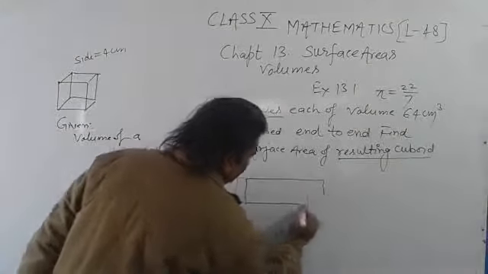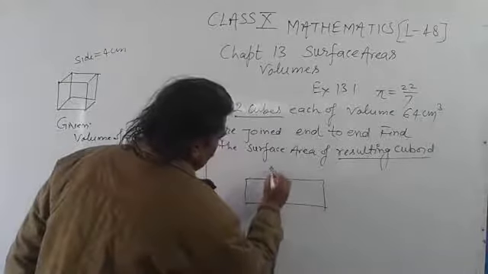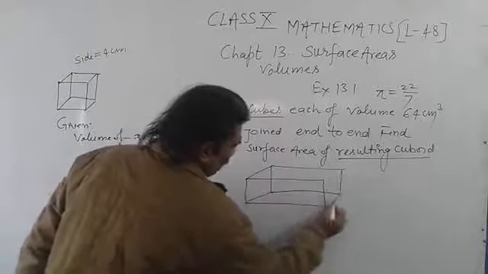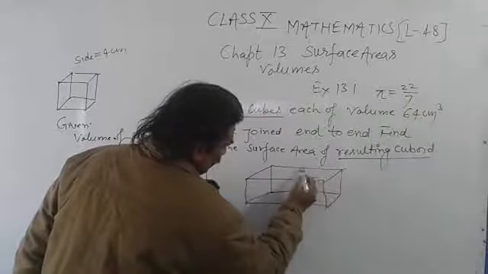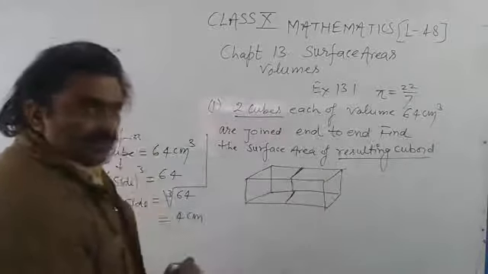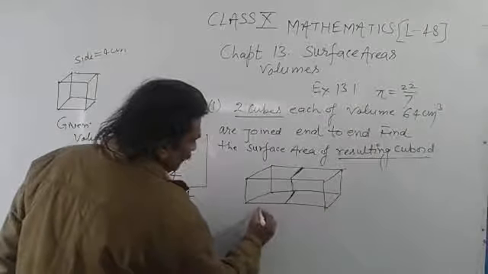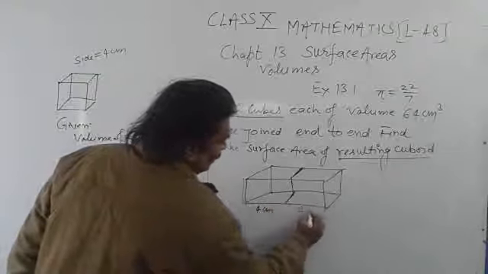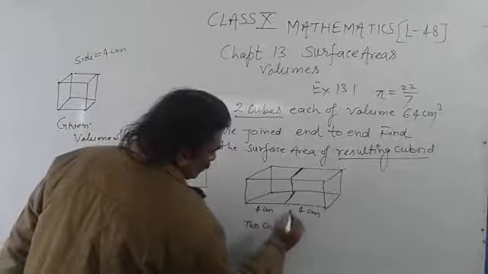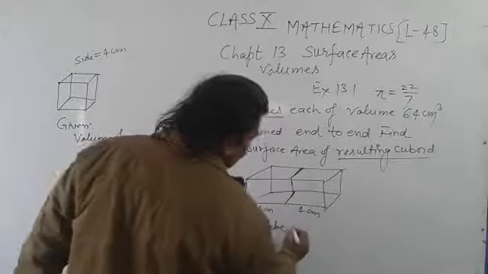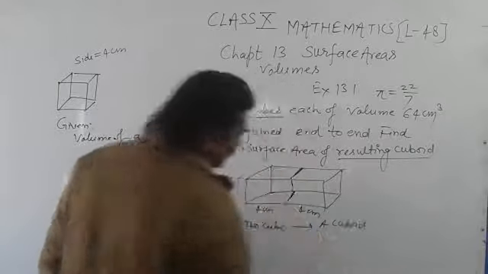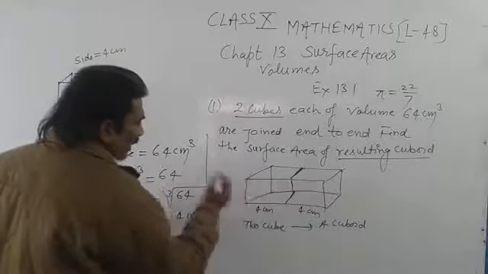Okay. Now, we have to join two cubes. Suppose we have two cubes of side 4 centimeter and 4 centimeter. After joining two cubes of same side, it becomes a cuboid. So in this case, students, this is the resulting cuboid,